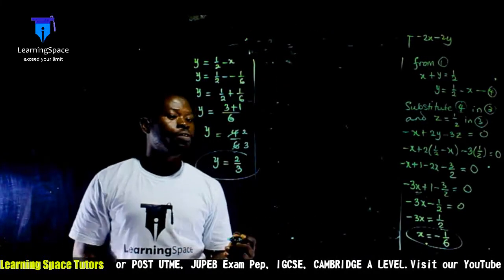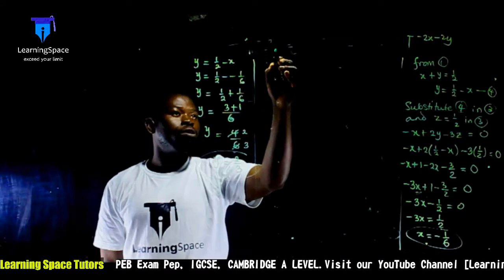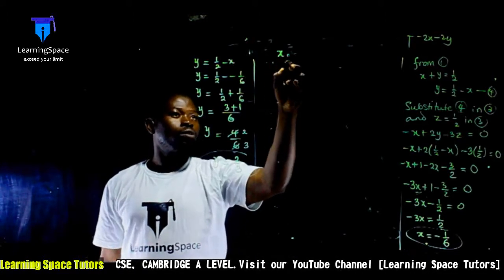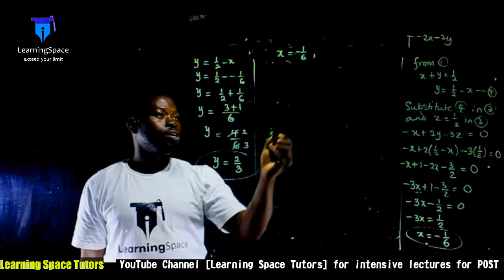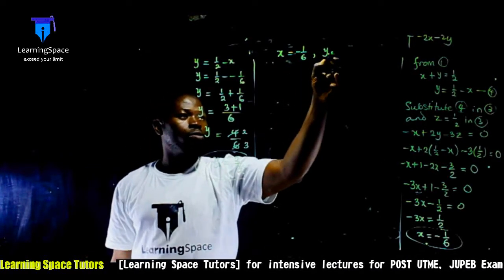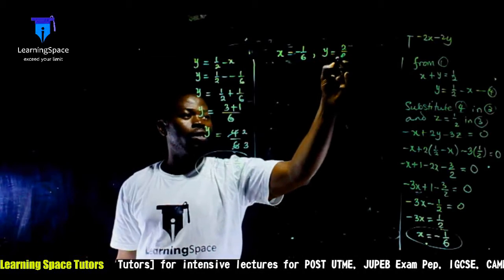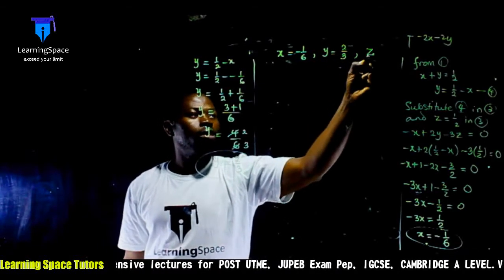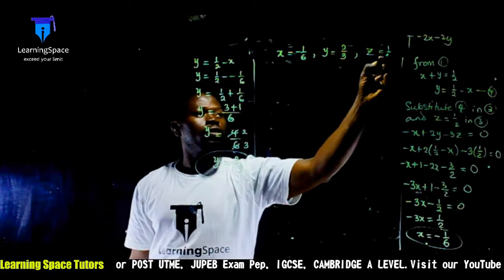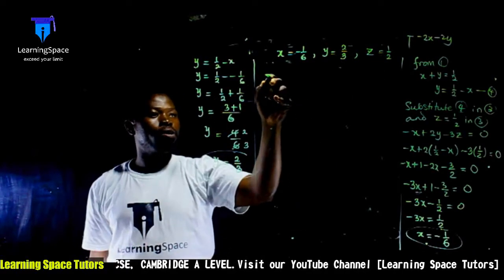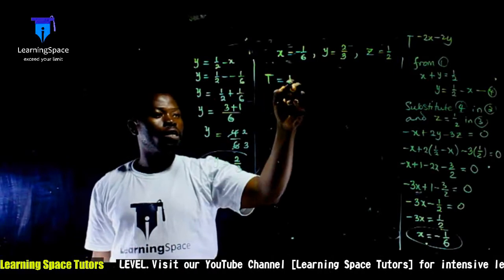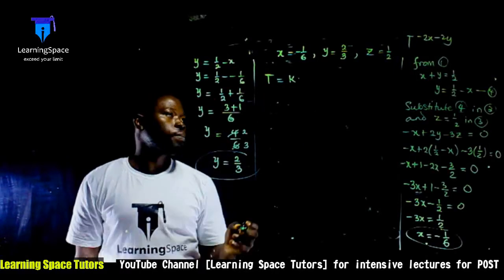Since we have obtained the value of x to be minus 1 all over 6, the value of y to be equal to 2 all over 3, and the value of z to be equal to 1 all over 2. And we know that the period equals k dot